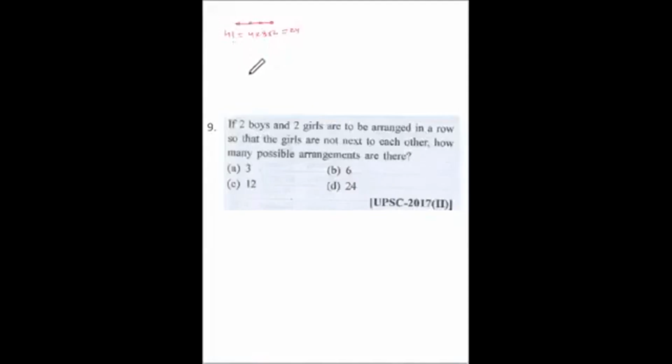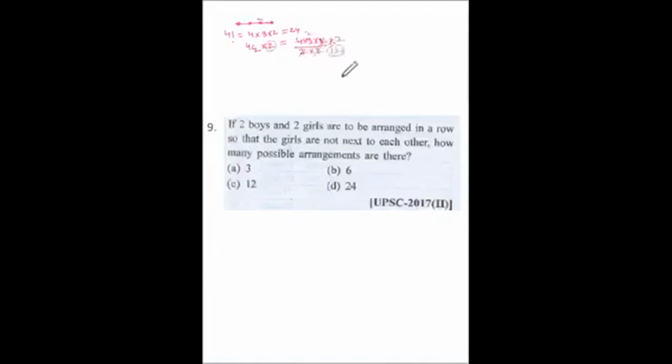Now out of which 2 girls are there, so we take 4C2. 2 girls we have taken, and they can sit in again 2 manners. So 4C2 out of 4 into 2, it becomes 4 into factorial 4 is 4 into 3 into 2 upon factorial 2 into 4 minus 2, that is factorial 2, and factorial 2 is 2 into this 2. So this has cancelled out, then 2, then this becomes